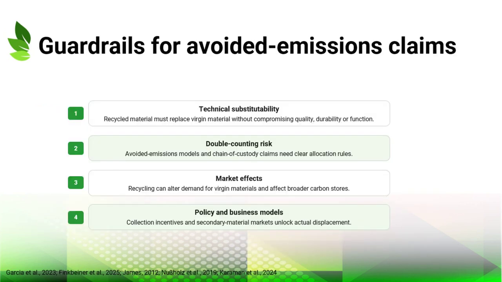Avoided emissions claims need guardrails because they can be powerful but also easy to overstate. First, technical substitutability must be demonstrated. A recycled input should replace a virgin material without compromising quality, durability, or function. Second, double counting must be prevented. Multiple actors in a chain may want to claim the same avoided emission, so allocation rules and chain of custody